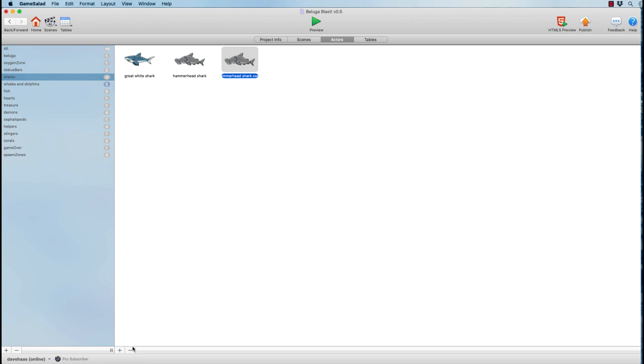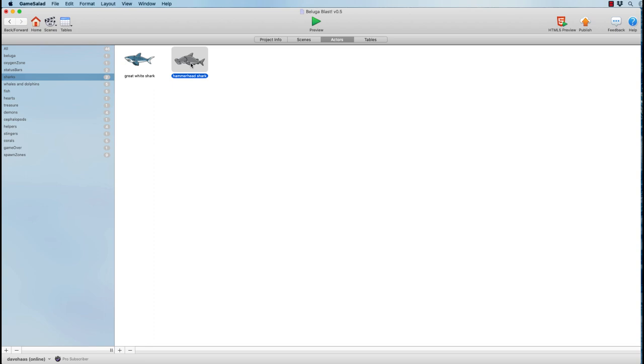And I'm just going to get rid of this because I want to demonstrate very quickly another concept that we can take from object-oriented programming and demonstrate here in GameSalad. So right now we have 2 objects, a hammerhead shark and a great white shark. Both of them are objects within the shark's object container or actor tag here. What I want to do though is I want to demonstrate something we call prototyping. So right now we have a hammerhead shark object, and we can use that as a prototype for another object that will inherit. This is the concept also of inheritance.